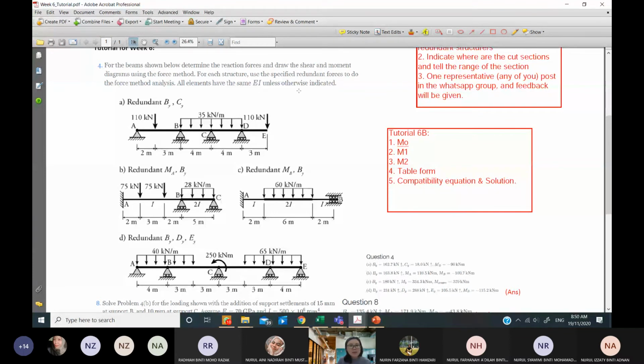EI is constant. What else? It asks to find all the support reactions, right? And draw the shear moment diagram. If we can, we move to that. If not, then we are going to at least determine the remaining